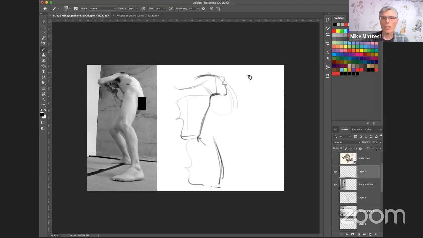So such an odd reference, right? Tiny torso, giant legs. Look at his legs in totality. It just doesn't want to make sense to my brain. My brain doesn't want to believe that, but there it is. You can see it in the photograph. So trust your eyes, and be aware of the differences in distance from one anatomical marker to the next.